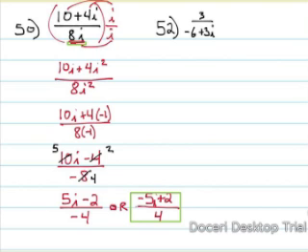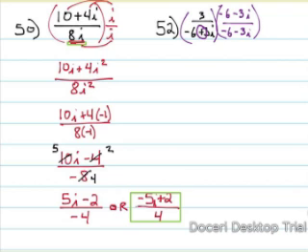And the last one. Oh, sorry, second to last one. This problem has a binomial on the bottom. It has a plus in the middle. So that means you have to multiply through by the conjugate, which is negative 6 minus 3i. Negative 6 minus 3i. When you do that, the top we're going to distribute that 3. So we'll end up with negative 18 minus 9i